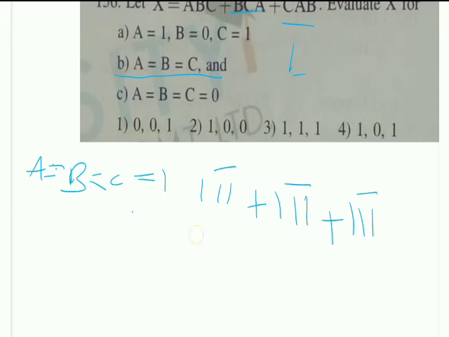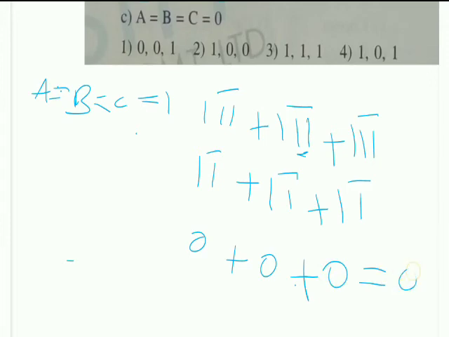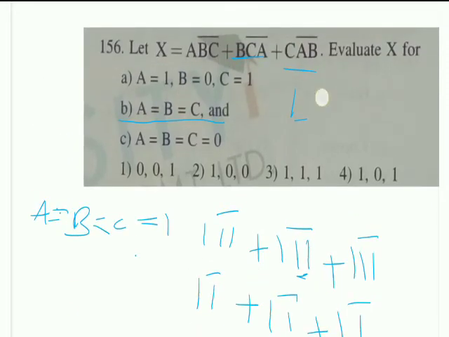So 1 1 complement 1, from this 1.1.1.1 complement 1 plus 1.1.1.1 complement. So 1 complement 0, 1 dot 1 complement 0 plus 0 is equal to 0. So second one is 0,